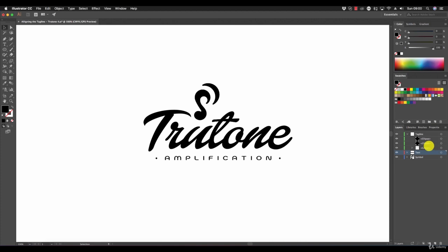So expanding the tagline layer. Now, if we highlight one of the bullet points at either side of the tagline, we can see which bullet point it is in the layers panel. You'll see a green box has appeared here to indicate the selected art. So I'm going to label this bullet point, or bullet for short, bullet right. So this tells me it's the bullet on the right hand side, and of course the other is the bullet on the left hand side, labeling this bullet left,